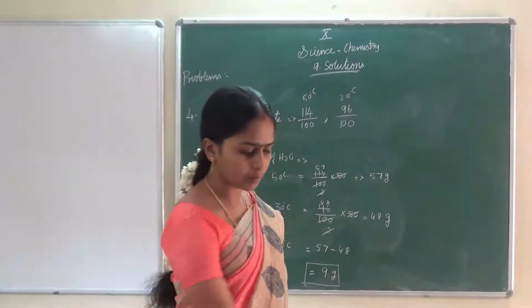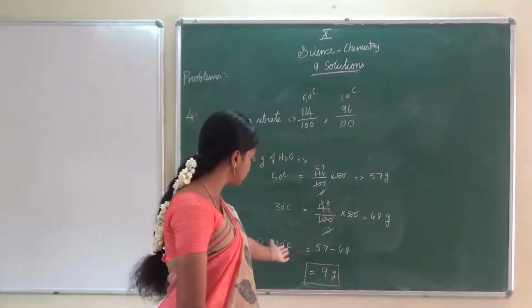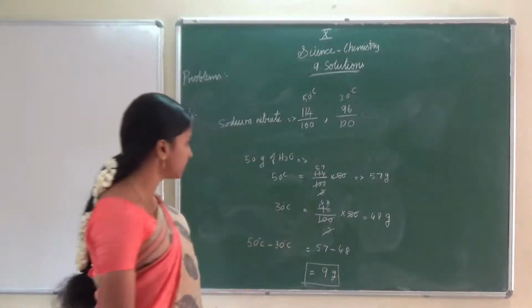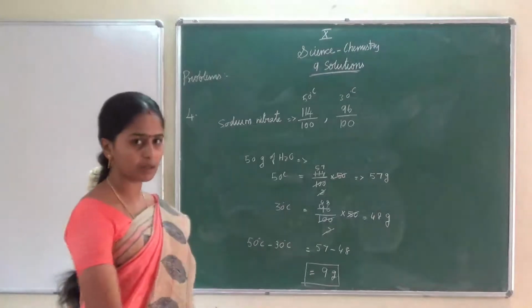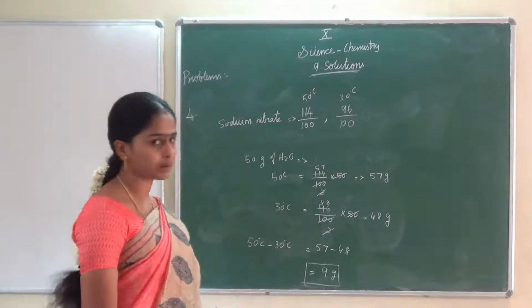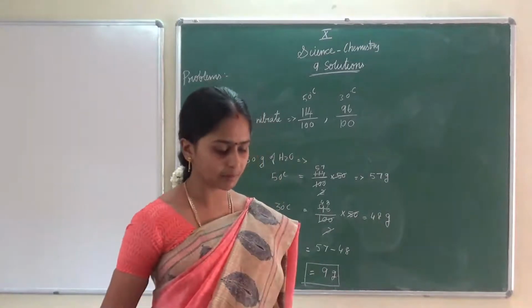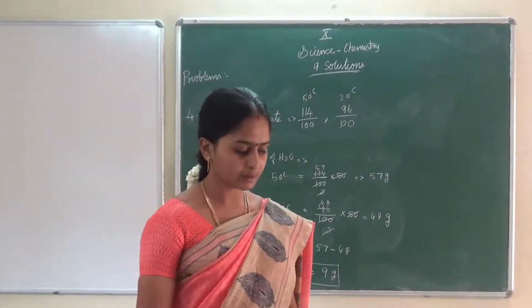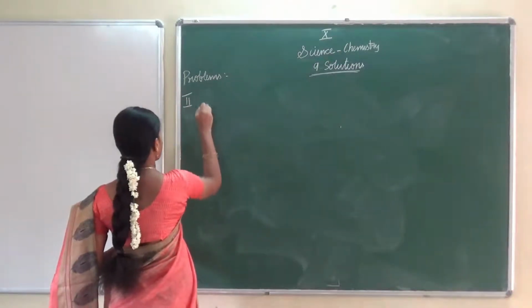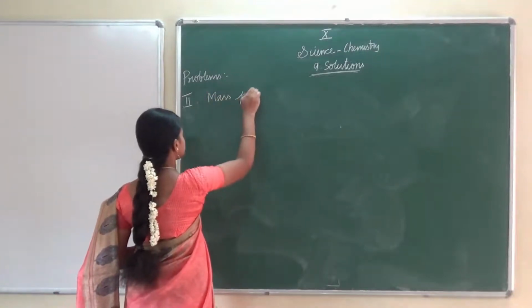Okay children, so the amount of sodium nitrate thrown out when 50 gram of water is cooled from 50 degrees Celsius to 30 degrees Celsius is 9 gram. Okay, so just copy down. Already all these are worked out in your book itself. Just to explain, I have done it one more time. All these are example problems only. Okay, now we are going to see the problems based on mass percentage.